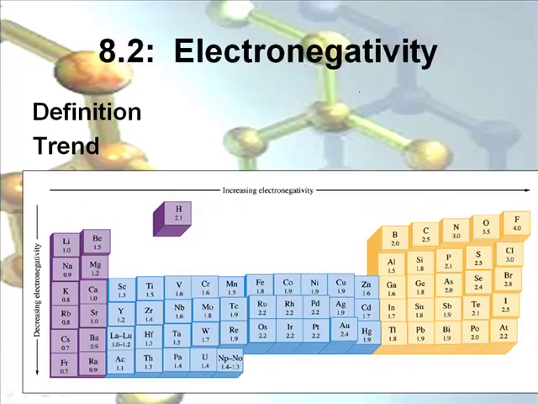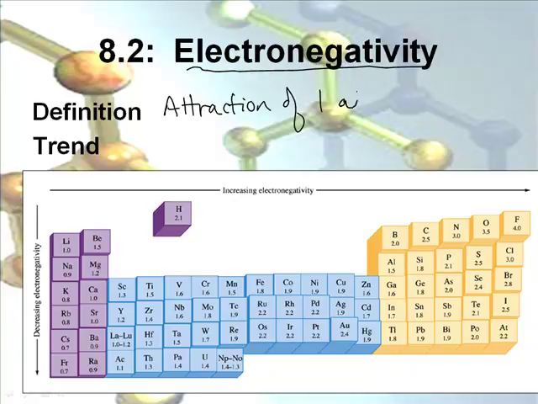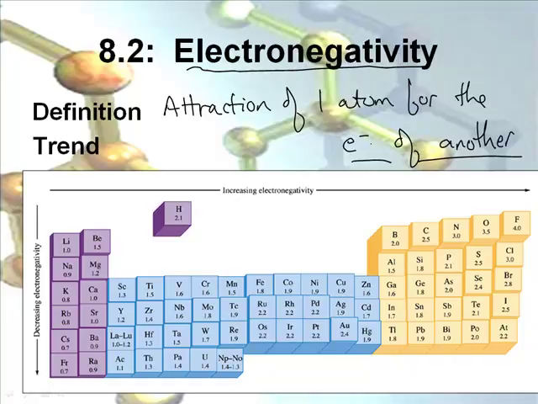All right, that leads us to a concept called electronegativity. What's electronegativity? It's how much something likes electrons, basically. So the attraction of one atom for the electrons of another. And as a side note, to have an electronegativity value, you have to be participating in a bond. You'll notice on this chart the noble gases are not listed, because for the most part they do not form chemical bonds, so we don't assign an electronegativity value to them.